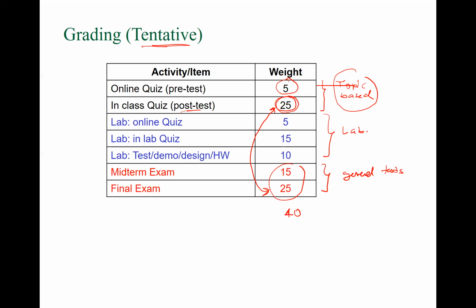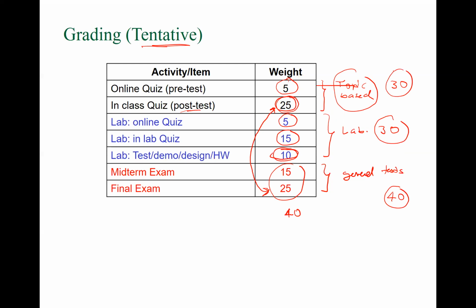Okay, and the online quiz in lab, 5%, the in-lab quiz, 15%, and the test demo or design or hardware, which is about your performance in the lab, is 10%. So for topics, we have 30%, for laboratory, we have 30%, and for final and midterm, we have 40%.